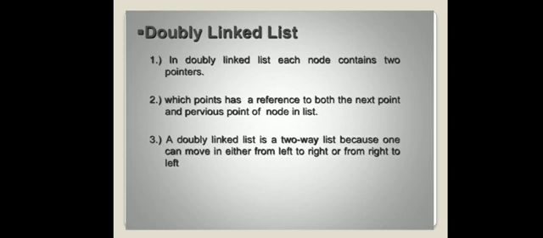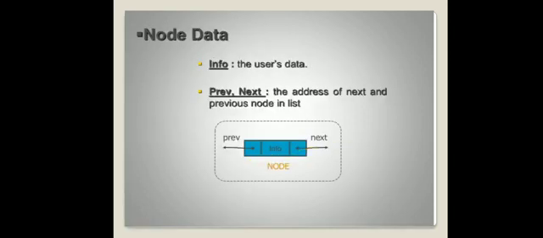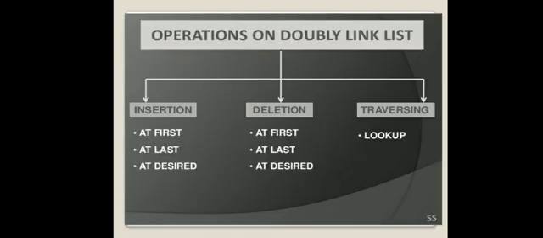Doubly linked list is a collection of nodes. Each node has three parts. The first part is the previous pointer, the second one is the information part, and the third one is the next pointer. So a node has information, previous and next. The information can be given by the users, whatever the data or the elements. Previous and next contain the address of the previous and the address of the next node in the linked list.